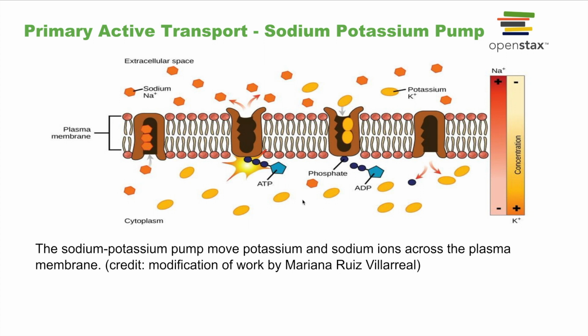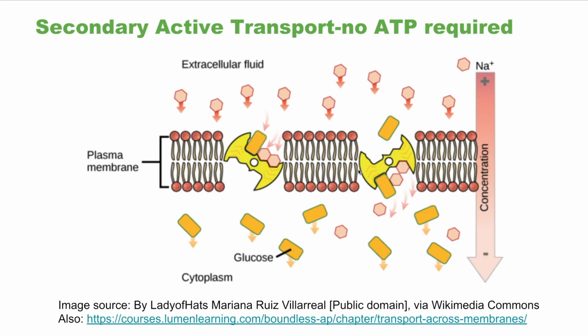This is happening in your cells all the time. So this channel is actively transporting sodium outside and potassium ions inside, and it requires the energy of ATP. The other type of active transport is called secondary active transport, which requires no ATP, and it actually, especially